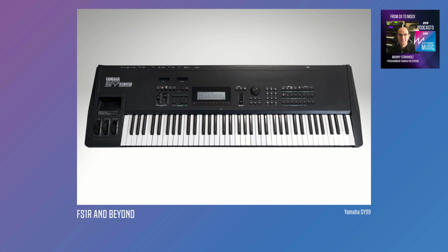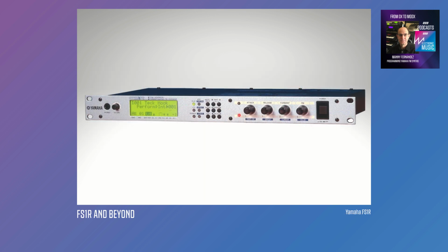So SY77 moves onwards, and I can't remember if there was anything specific between those, because I think Yamaha just decided that FM really wasn't where it was at anymore until the 90s, and we saw the emergence of the FS1R module, which again was horribly